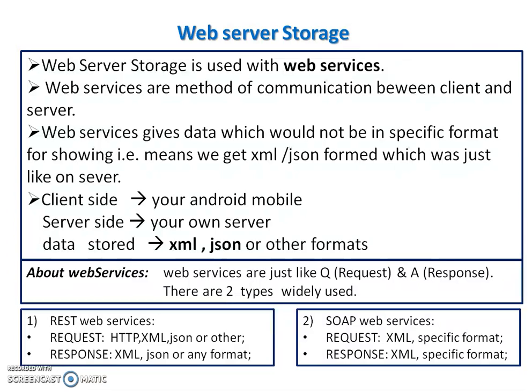There are two kinds of web services: REST web services and SOAP web services. REST web services use the HTTP protocol, and then data may be in JSON or XML or any other format. Whereas SOAP is a more secure kind of communication, and it's also a format. Request and response are in the format of XML. Here we shall be just covering how we are going to consume the REST web services.